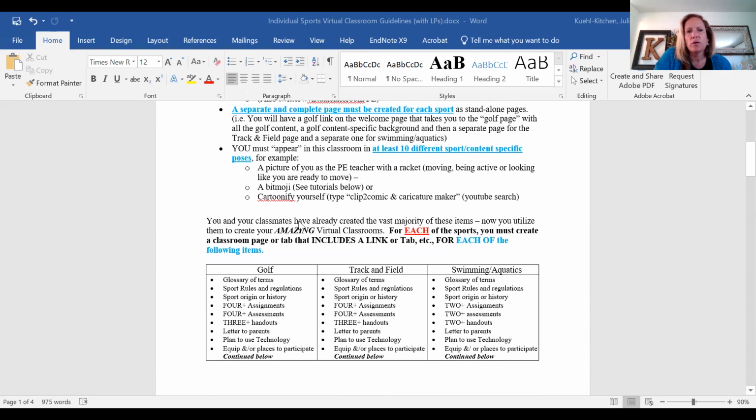You see all these items down here: glossary of terms, rules and regulations, origin and history. Those have actually already been created. The beauty is they're going to be all on Google. I'll send you a Google invite, and you can go onto Google. I think they're on Canvas as well, but Google is way better because it's easier to access, and you can just save everything to your world. And then from your virtual classroom, link your Google Classroom, your Google Drive, and then everything can be there. So when you leave Sac State,